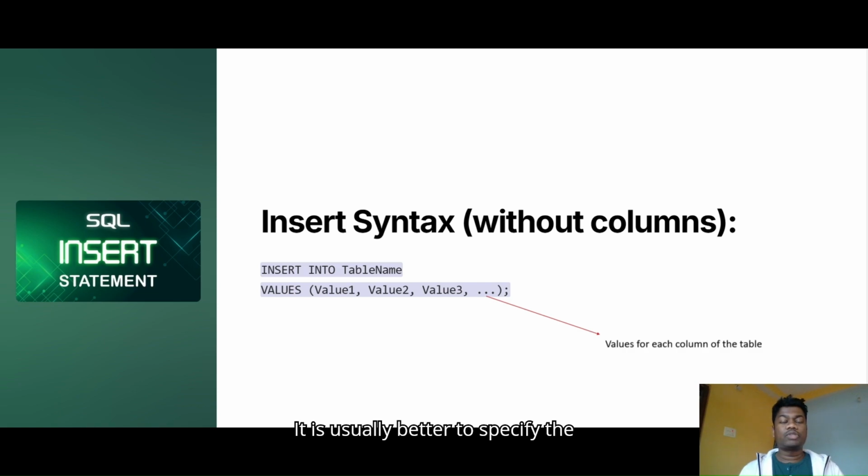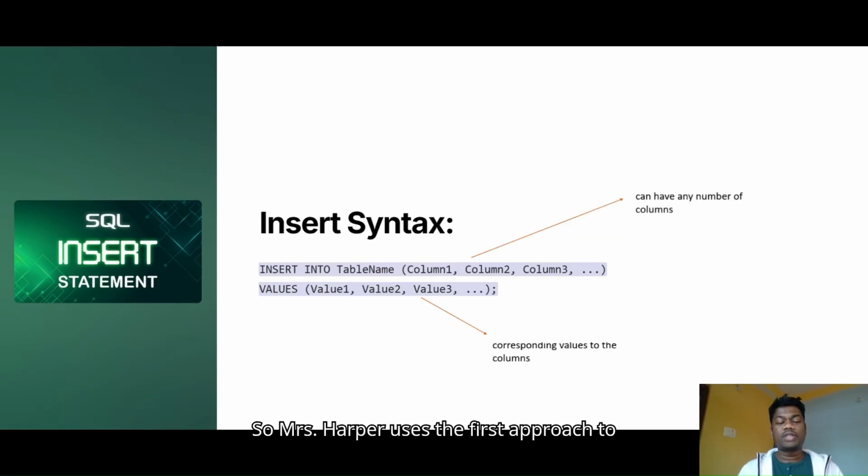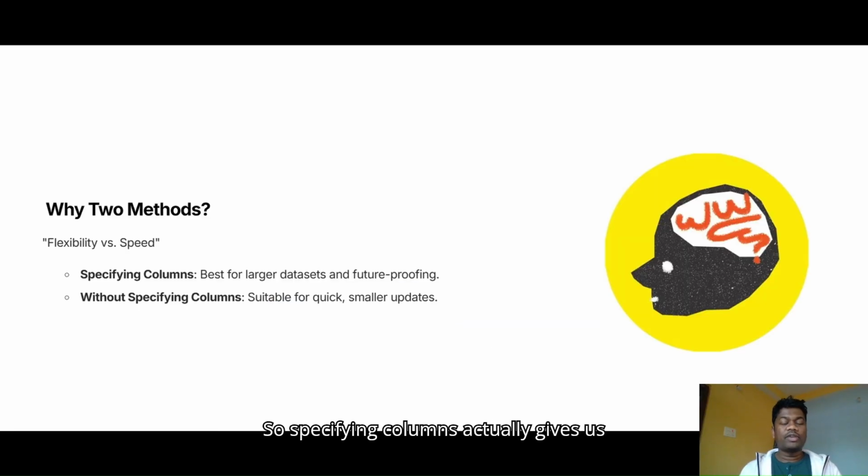It is usually better to specify the columns explicitly to avoid errors in case the table structure changes in future. So Mrs. Harper uses the first approach to add books to her collection, ensuring that she specifies the exact columns. So let's try to understand why we use these two methods. Specifying columns actually gives us the flexibility to avoid errors and work well with large data sets. Without specifying columns, it is definitely quicker for us to update when the table structure is stable and well